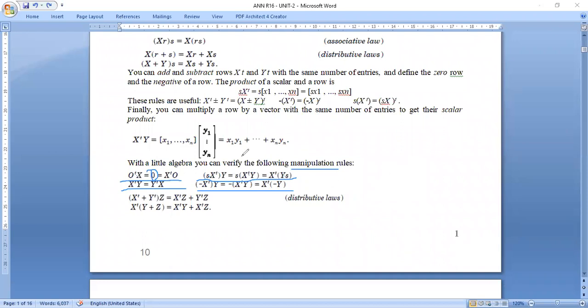row values. Previously we saw vertical columns, isn't it? Now these are the manipulation rules for a horizontal row. Both are the same, except for the representations. One is a column representation, and the second one is a horizontal row representation. Just the values are represented horizontally, whereas previously the values were represented vertically. That's it. This is about vectors. In the next class, we are going to discuss matrix algebra, right?